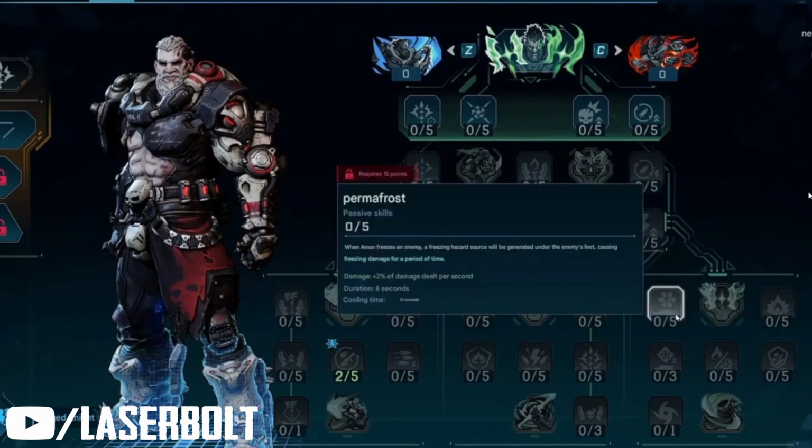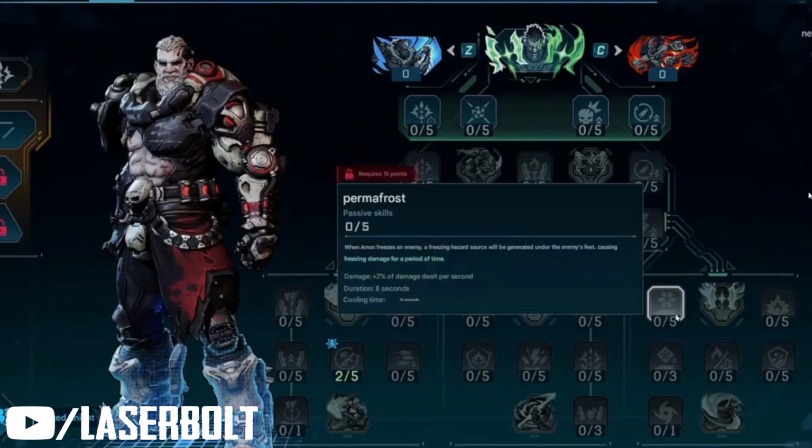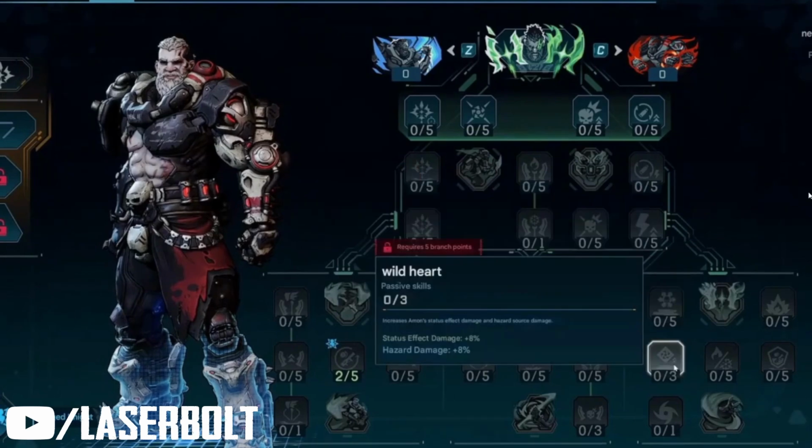We got the next one, which is going to be the Wild Hearth, which increases the Amon status effect damage for the hazard source damage. You're able to see there 8% for both. We got the Permafrost, Wild Heart,